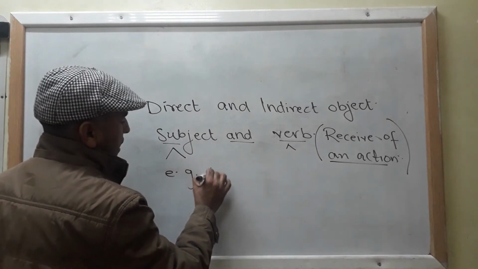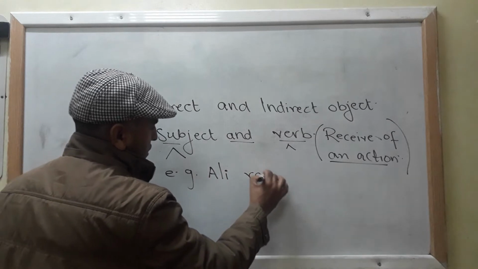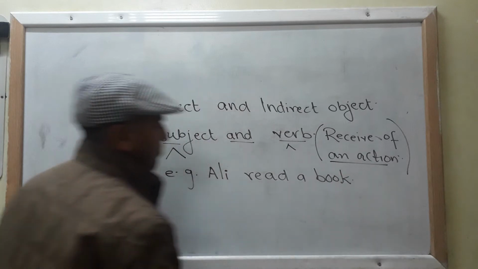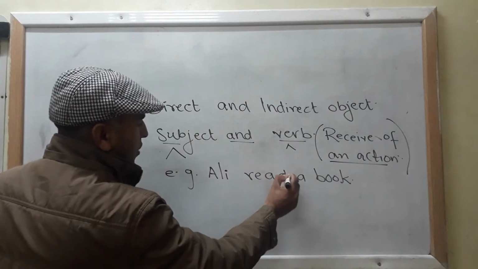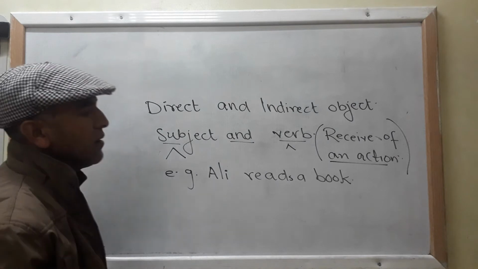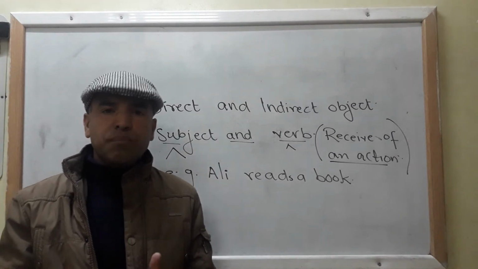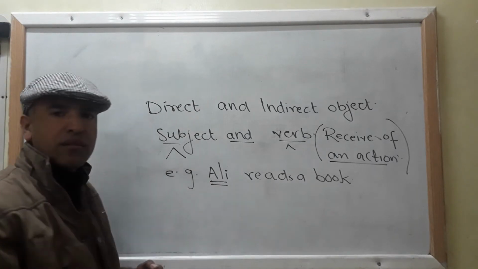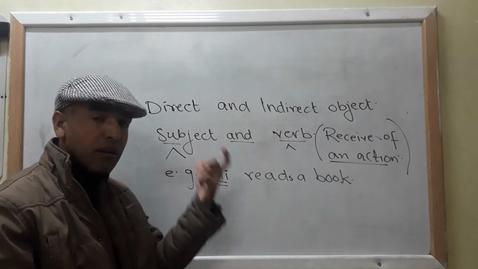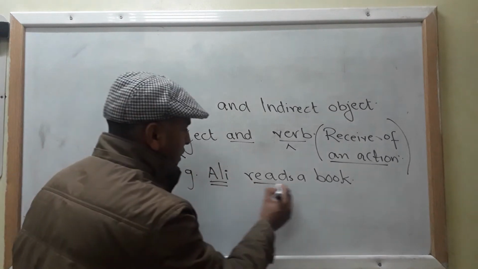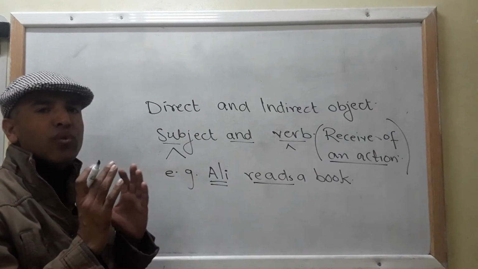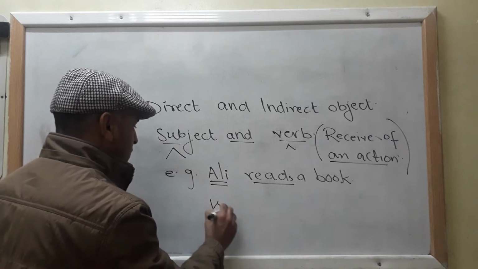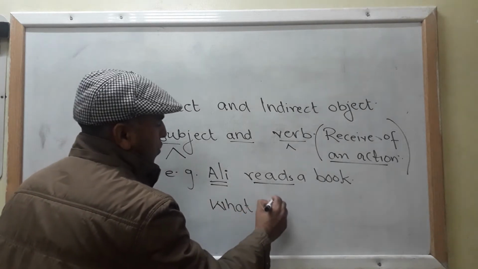Now, Ali reads a book. Stop. Now, Ali reads a book. As I told you, if you are bent upon finding out an object in a sentence, first of all you must know what your subject is, doer of an action, Ali. Now action itself means verb, that is reads. Now you will have to ask a question to yourselves, clear, of what or whom,